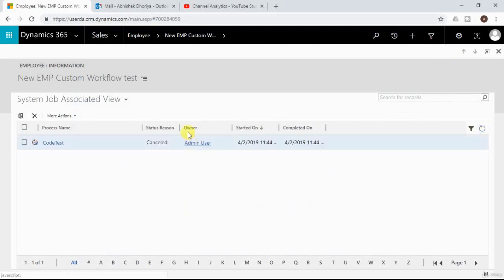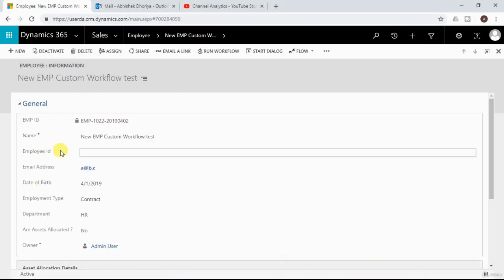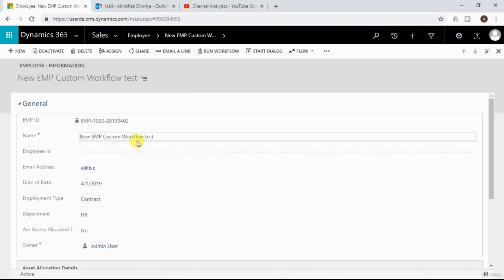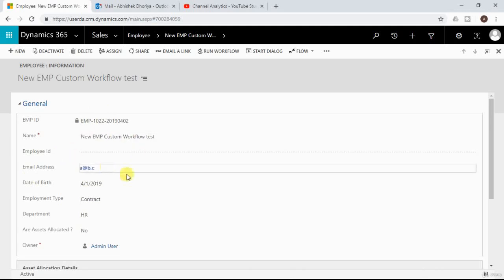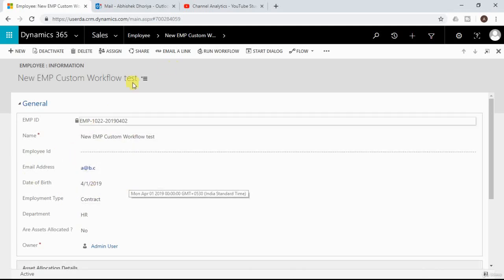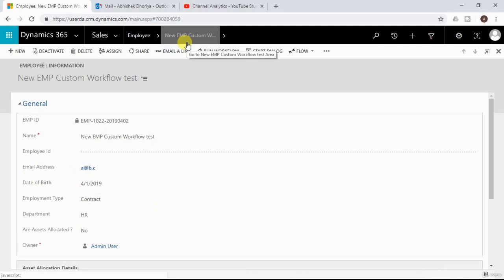But there is a problem, right? Our idea was to stop this employee being created at the first time itself if the age of that employee is less than 18 years. But here the workflow got triggered, but still the employee record got created. So what is the issue here? The issue is that our workflow is running in the background. If you make this workflow run in real time, then this record itself will not get created. So let me now make our existing background workflow run in real time, and then we'll try to achieve this.